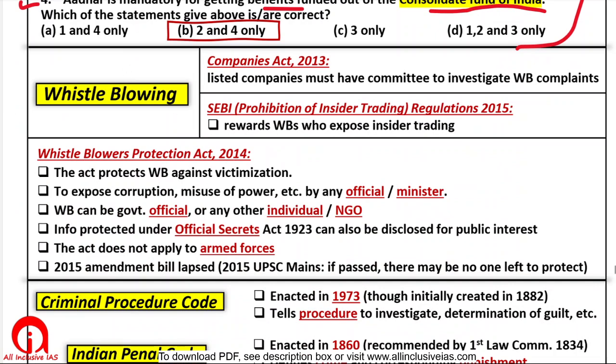Whistleblowing. Whistleblowing means that something wrong is happening, be it in the government, be it in the private sector. If you're in the private sector and you see that someone in your company is doing something wrong, and it is not an individual person. In your company there are some high level managers in a group, they have adopted some policy which is harming the society, which is against the government rules, then you can blow the whistle, right?